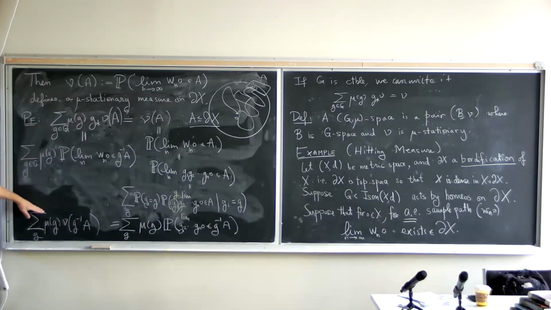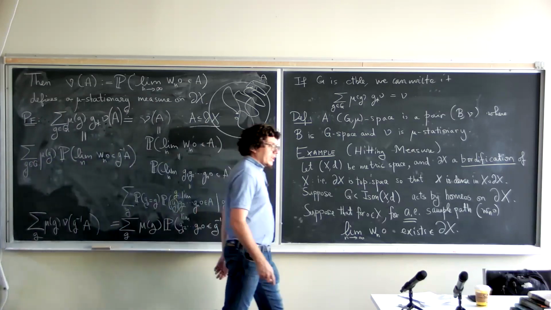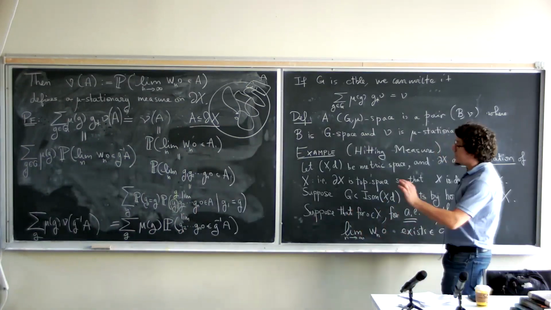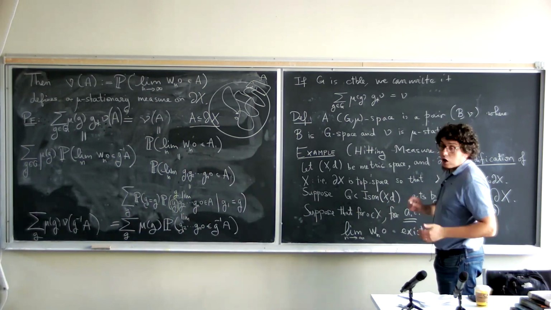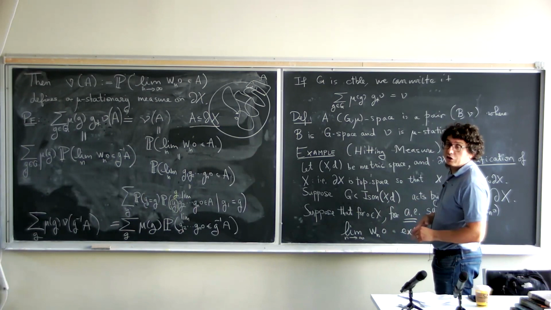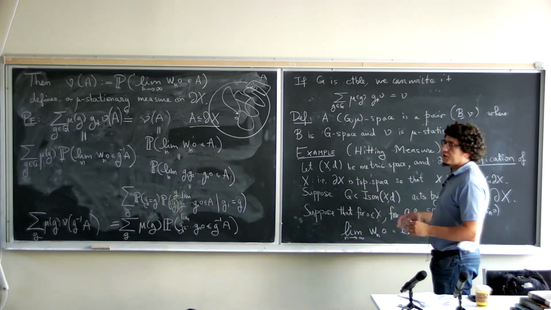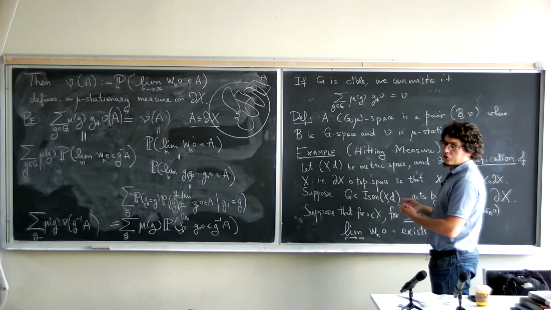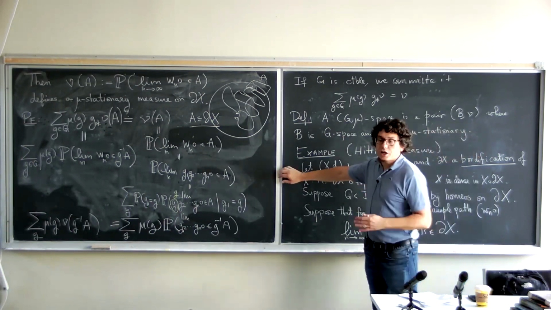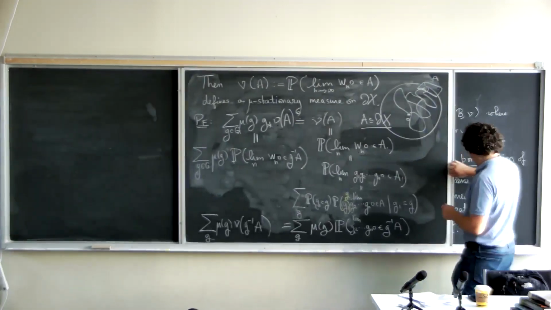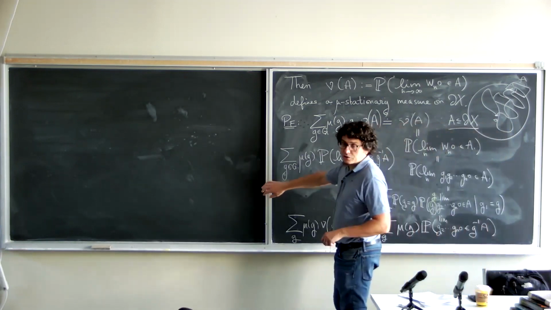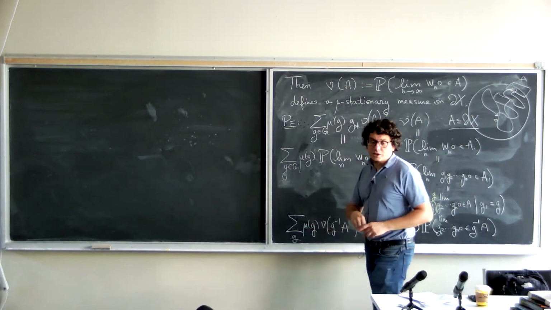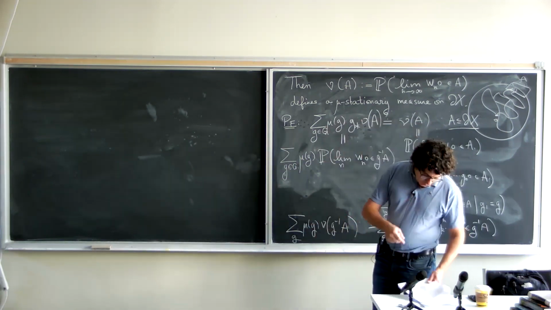So this is exactly this. Okay, so this is the most important example. This shows that the hitting measure is a harmonic measure, is a stationary measure. In general, there could be more stationary measures. So in general, it's not true that all the stationary measures are hitting measures, but in the cases that we're interested in, yes. In higher rank it is more complicated, but in rank 1, yes.